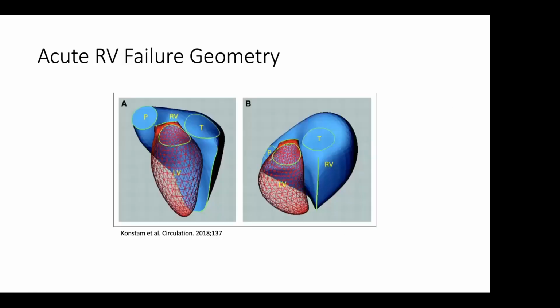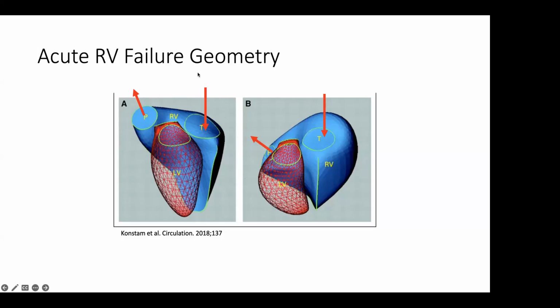Additionally, look at this geometry. Here you can see how in acute RV failure, the right ventricle wall will become very dilated and thinner, and it will balloon out. And look at the geometry. The geometry between the tricuspid and pulmonic valve becomes very distorted, whereas here,